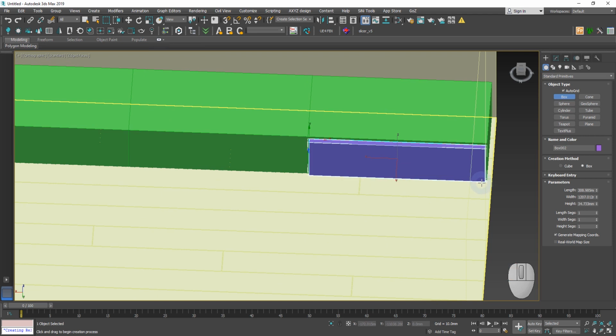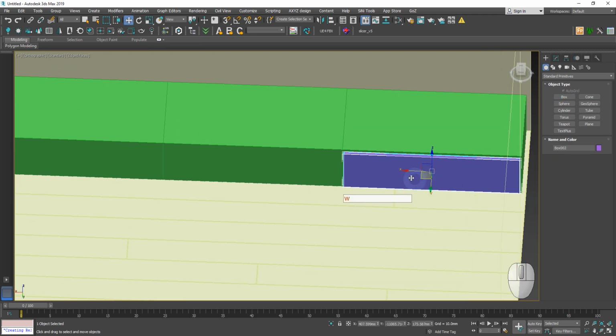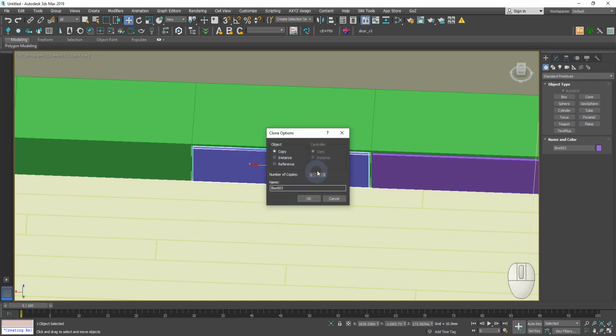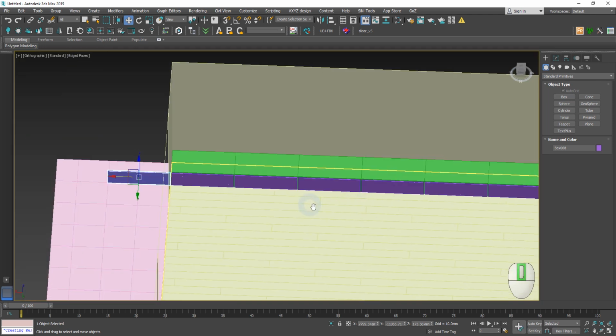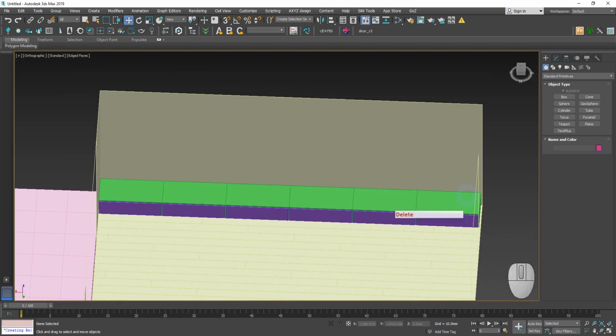Insert the box about 20 mm thick. And delete the axis.